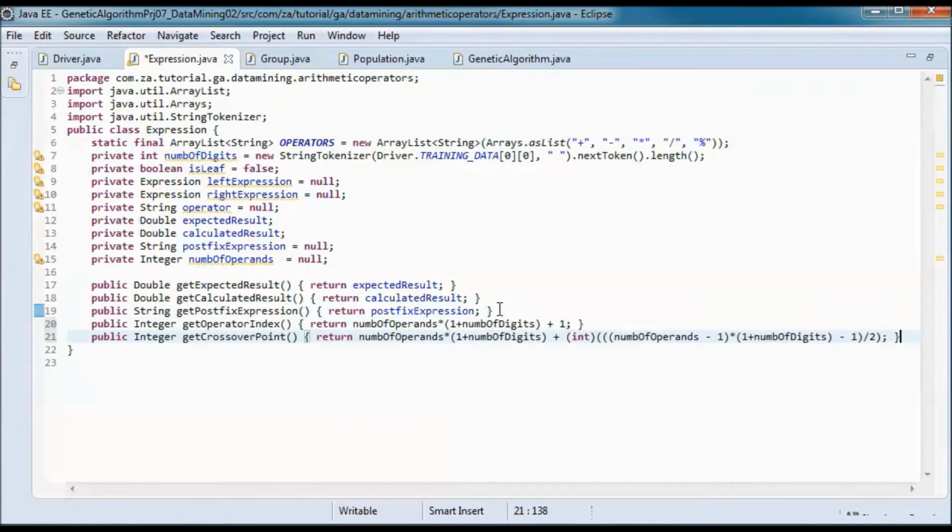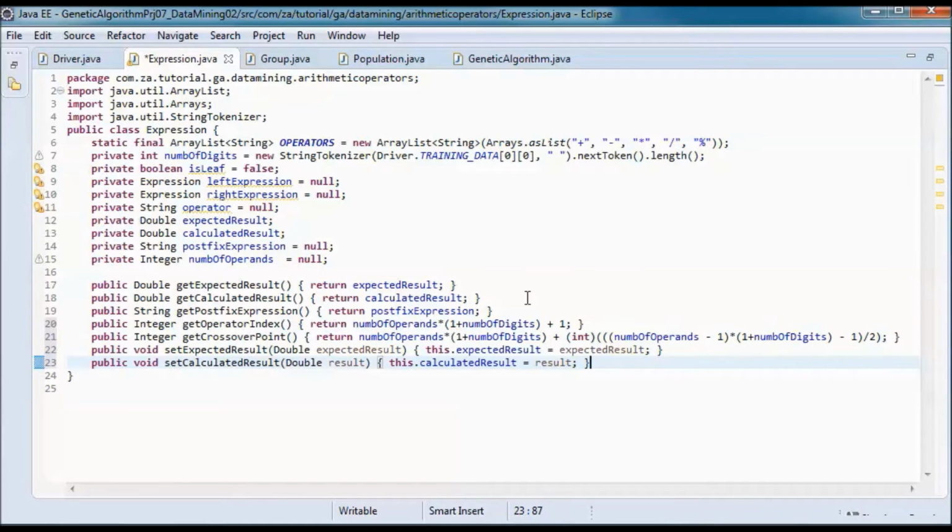And we will use the number of operands and the number of digits, so number of digits from here and number of operands, in order to find out what the operator index is and what the crossover point is. And I will have set methods for the expected result and the calculated result.